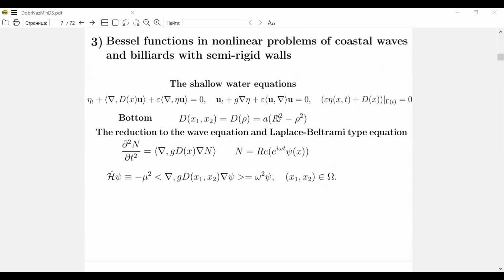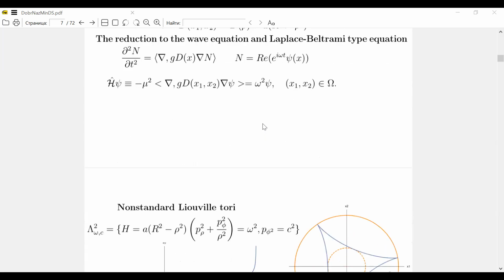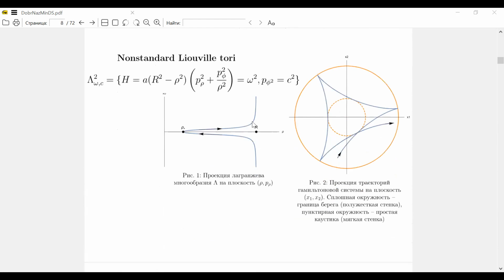a basin with a parabolic bottom, and then near the shore you have some waves which are known as coastal waves. Using the ideas which Vladimir discussed, we can construct good asymptotics in this case, and it is connected with the so-called non-standard Liouville tori, because the linearized problem has such a classical Hamiltonian, yes, but here you have